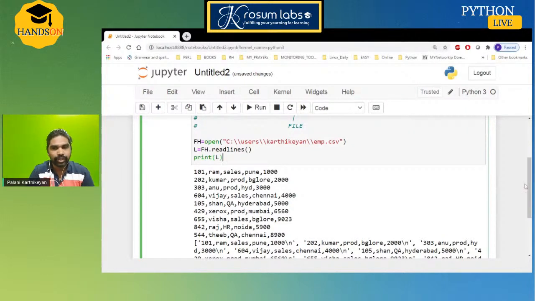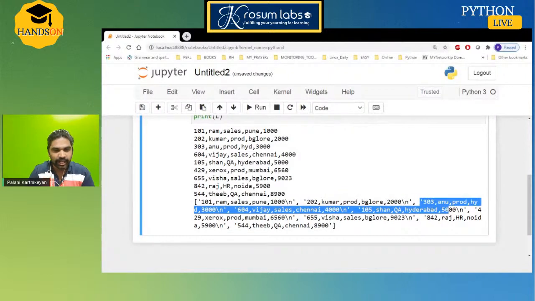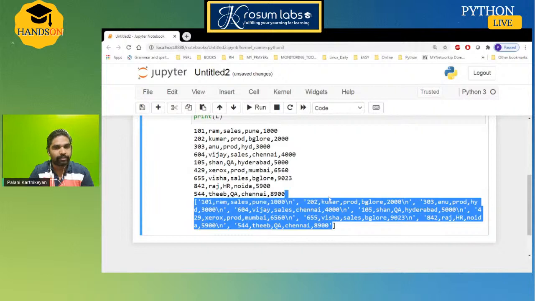Readlines output, you can look at this bottom line, will be the full complete list. See that list element: each line of content will be one index. That's why at the beginning I mentioned the length of the list is equivalent to the total number of lines, the number of lines equivalent to the total number of elements. Here we can use indexing, slicing, modification, everything, because list is mutable.